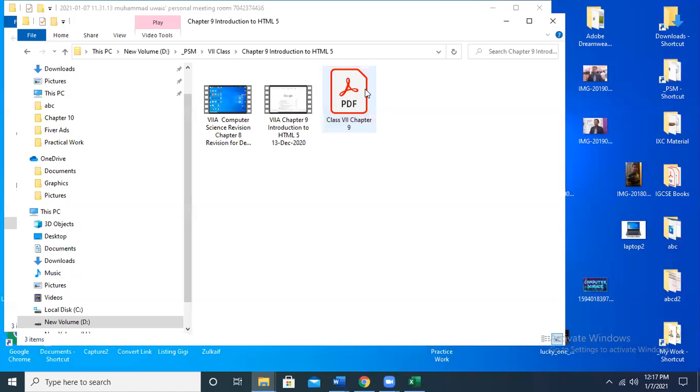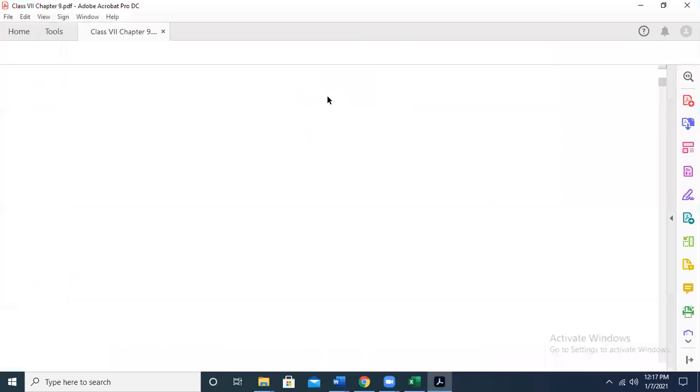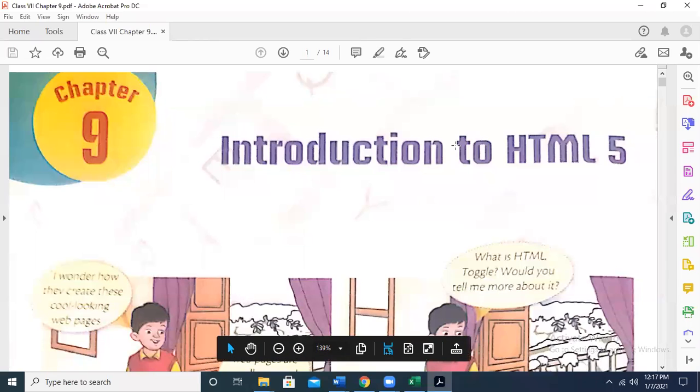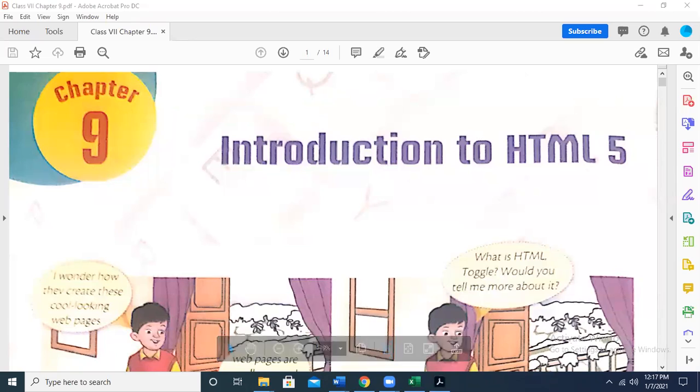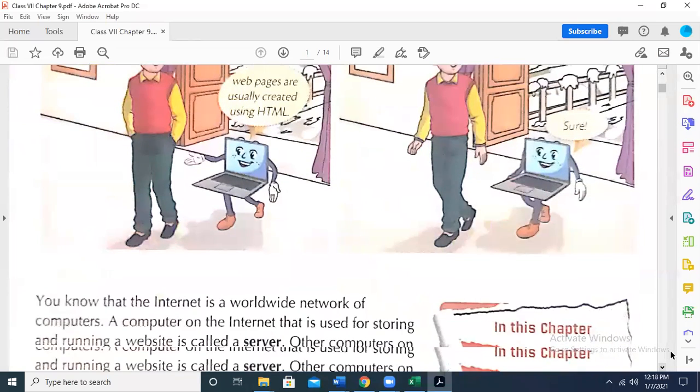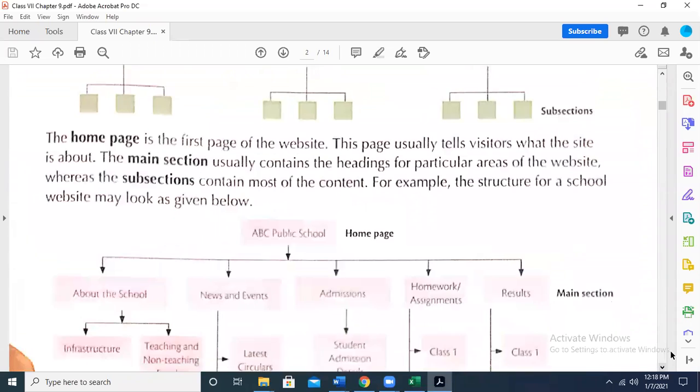Okay, students. So we were going through the chapter HTML. I hope my voice is clear and all of you are able to listen to me. Okay, fine. So we were going through HTML5, and in this chapter, basically, we need to understand how